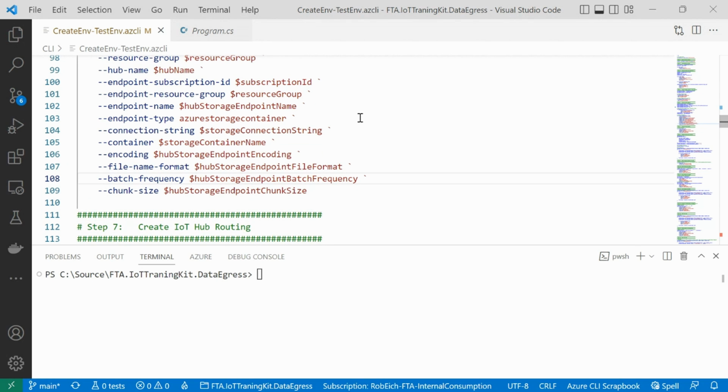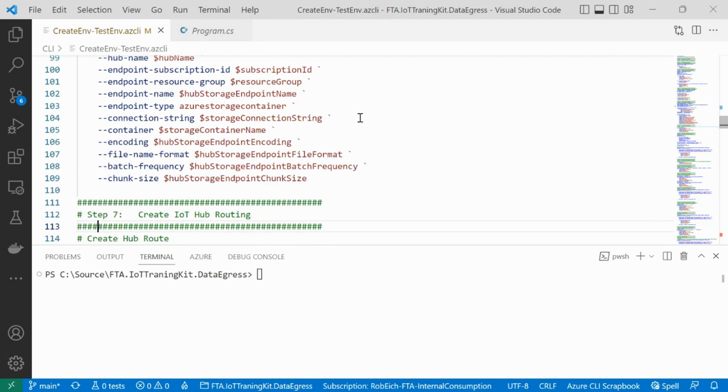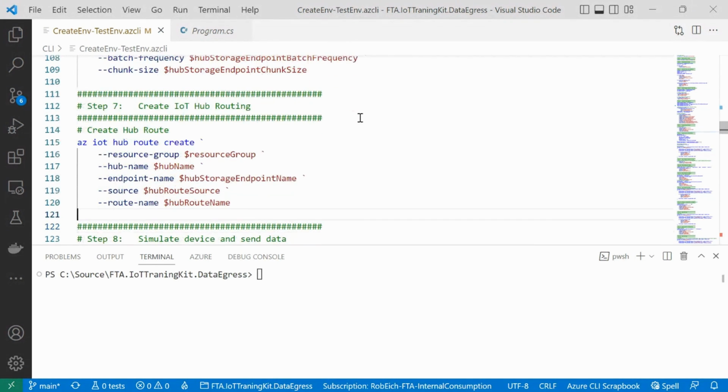I have executed this already, so stay with me a little bit, but I will show you how it really works after all the stuff is created. After I have created the endpoint, I also have to create a route. Because remember, the endpoint links directly to another Azure service where all the messages are forwarded to, and the route gives IoT Hub all the information, what information should be routed to this endpoint. And here I just say the source is hub root source, and that means hub root source is really what information do I want to send to this endpoint.